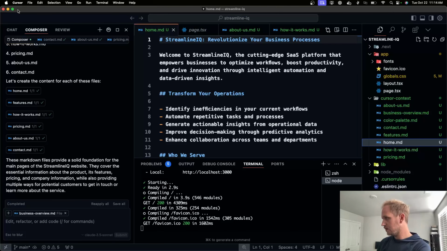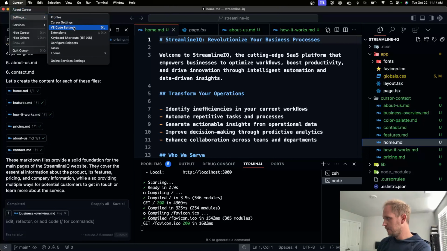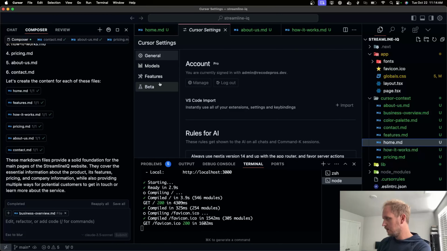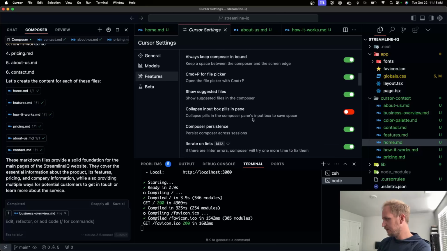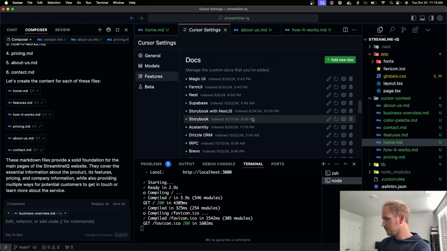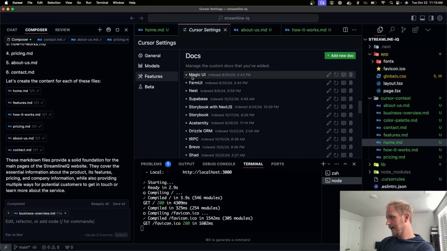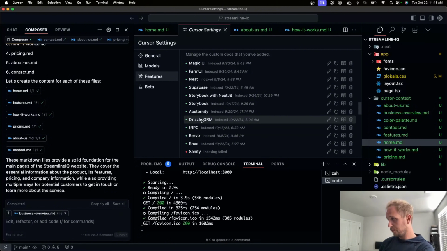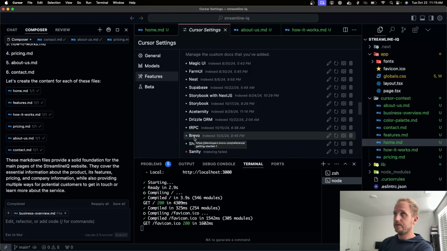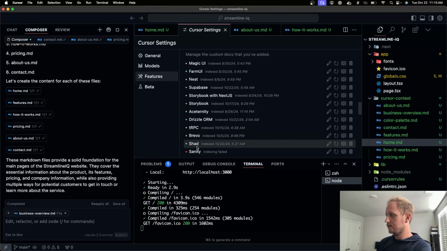And I just want to make sure if we go into Cursor settings, I think it's under features maybe. Here we go. So this shows everything that we have indexed. Magic UI, Farm UI, Next.js, Supabase, Storybook, and Storybook with Next, Aceternity, Drizzle ORM, which we'll probably use as well with Supabase, tRPC, Brevo, which is a product that I use for sending emails and doing email campaigns, ShadCN,